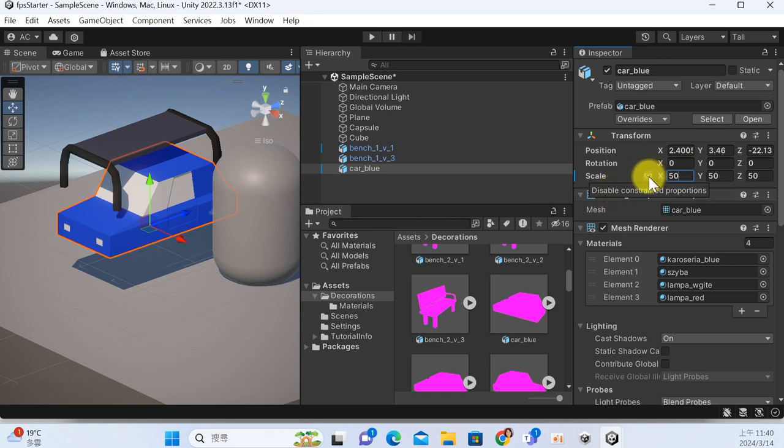First, it has an icon for constraint proportion. If you enable the icon, the three directions will change with the proportion. But if you disable the icon, each direction has its own